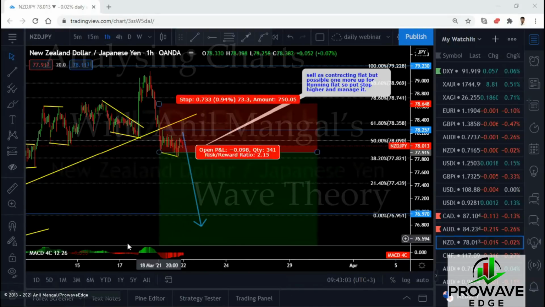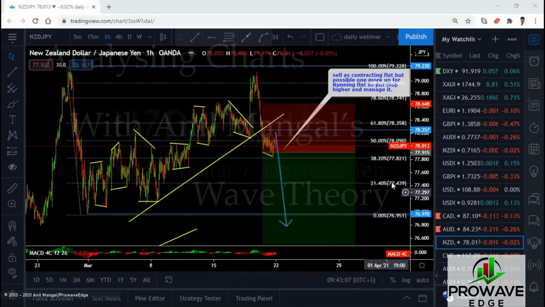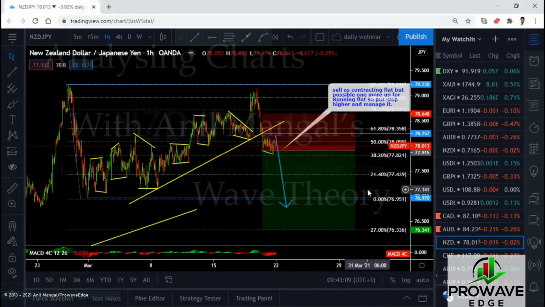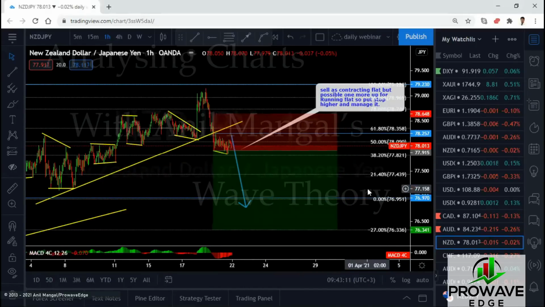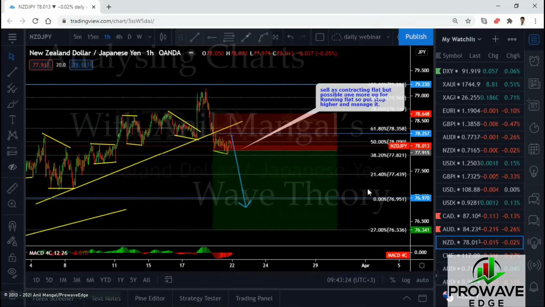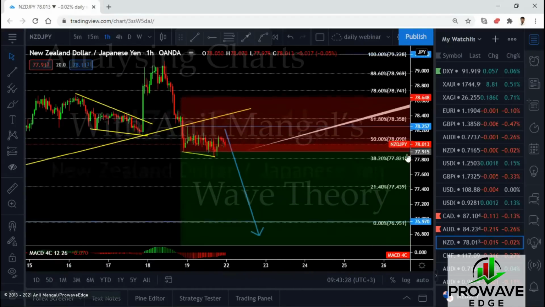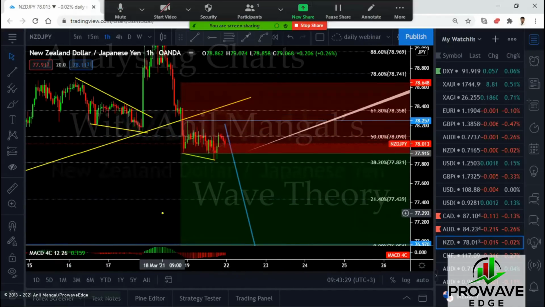I'm going to start with the New Zealand yen, because this one is the one I'm following up there. And the trade is still active, which means I'm still in the trade. Now, some of my traders closed it on Friday, and that's pretty okay. You can close your trade if you don't like it. You close it for break even, because we were expecting this to break through on Friday, and it didn't go. We're still in the consolidation zone. You can see that very clearly. It is still consolidating, and the trade is still valid.